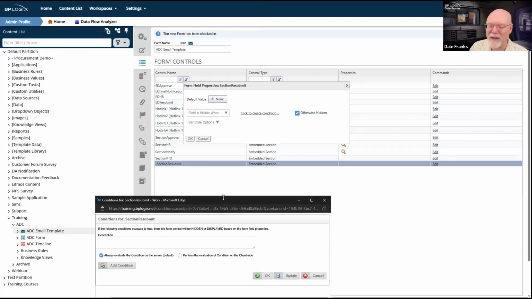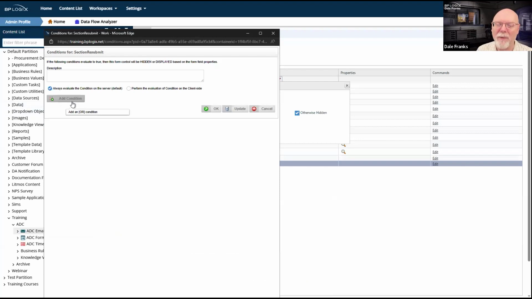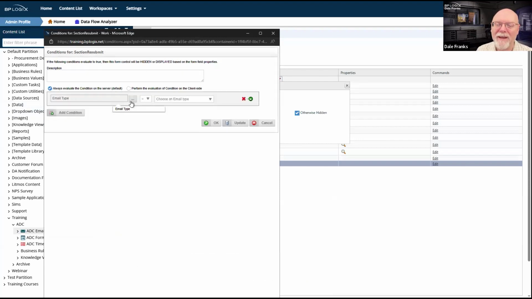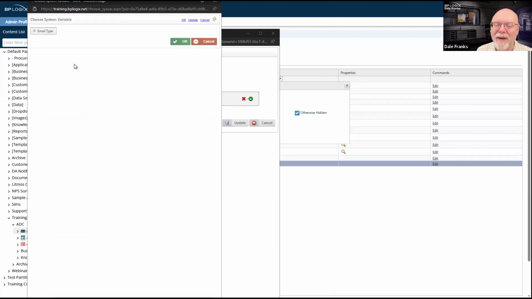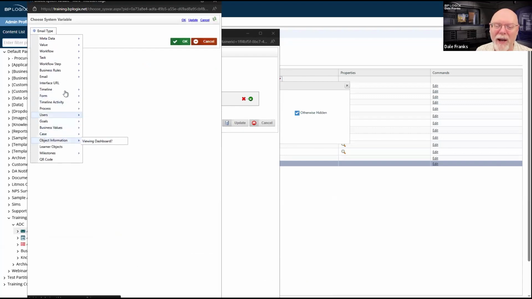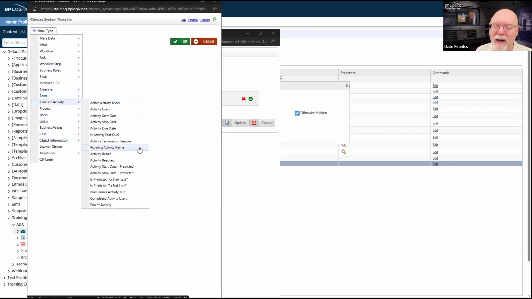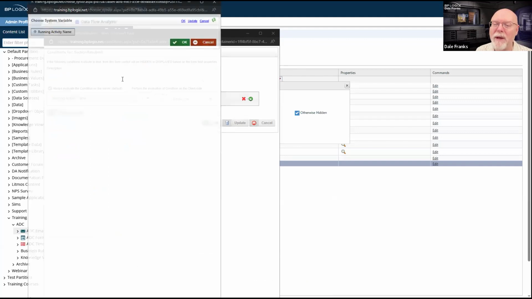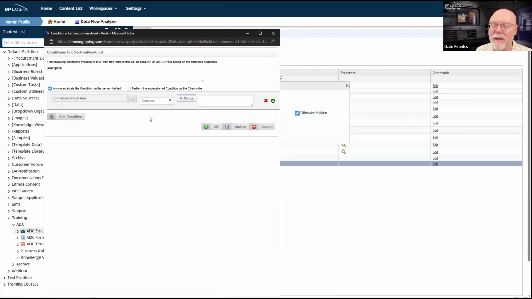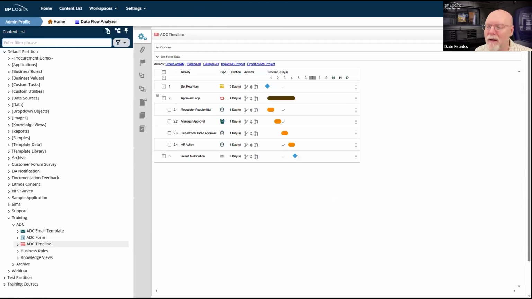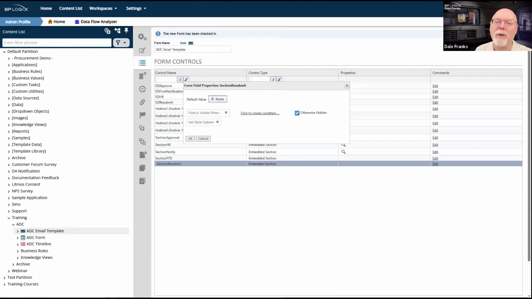I gave the wrong condition to the wrong section. I gave it to section approval. So we're going to have to go back and re-edit that one. Timeline activity, running activity name contains requester resubmittal.